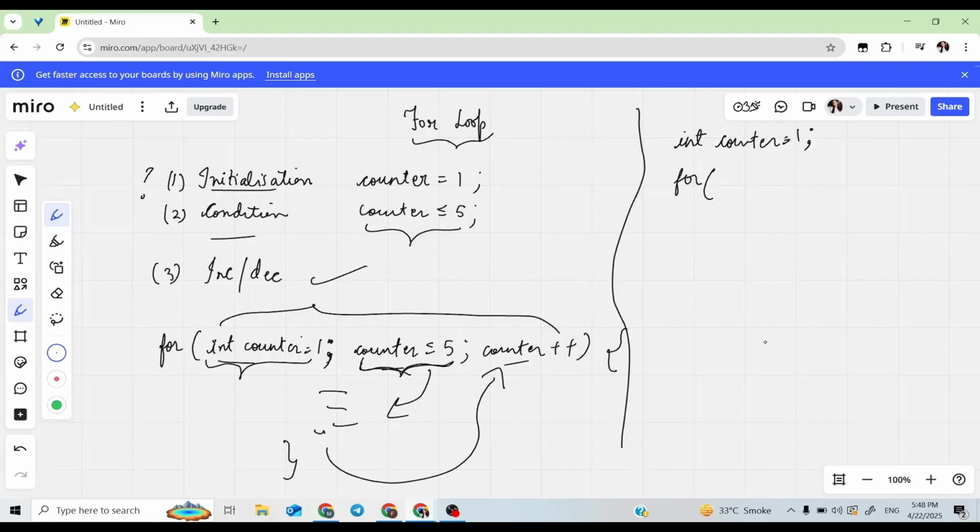After initializing the variable, you can start your loop, and here you can put the semicolon, because you have already initialized the variable outside the loop. So simply put the semicolon here. And now write the condition the same, and increment the counter. The other syntax will remain the same. So this is another syntax of writing the for loop.